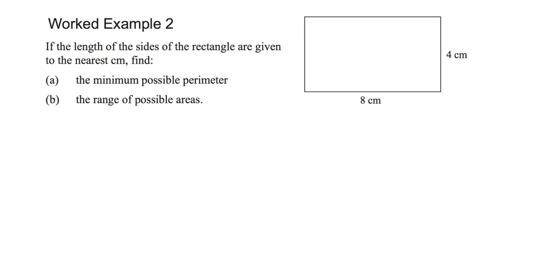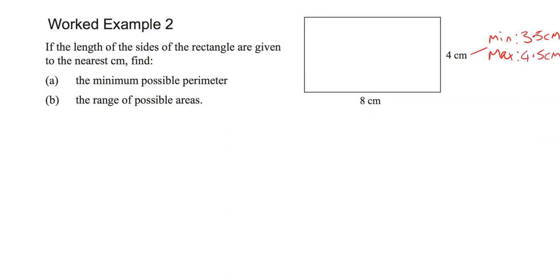So let's just think about that 4 centimeters. Well, the 4 centimeters could be as small as 3.5 centimeters and as big as 4.5 centimeters in reality, right? And in the same way, that 8 centimeters could be as small as 7.5 centimeters, but as big as 8.5